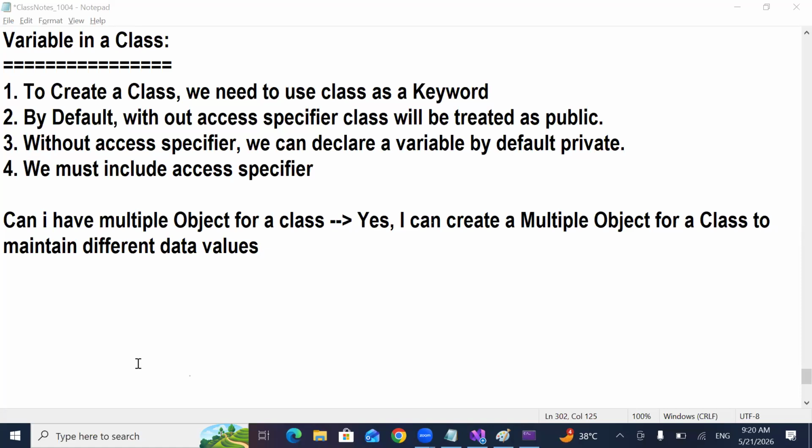Tomorrow when I'm explaining constructor, I will explain the new keyword, because if I explain it now, you won't understand. Basically the new keyword will try to create an instance. I will explain tomorrow.